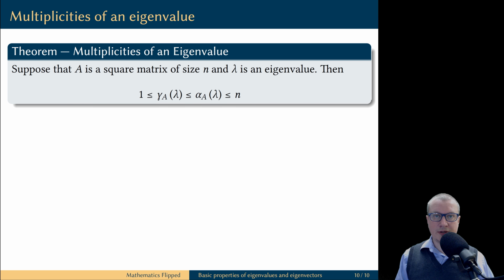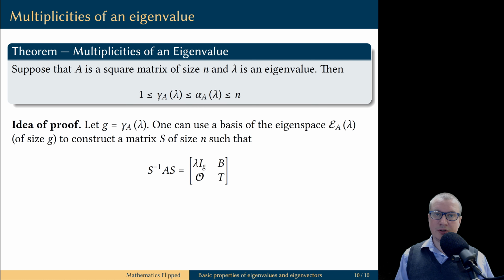In one of the previous videos, we worked out an example where algebraic multiplicity of each eigenvalue was equal to its geometric multiplicity. But in general, they are not necessarily the same. However, the geometric multiplicity never exceeds the algebraic multiplicity. The complete rigorous proof of this fact takes a little bit of work, so let me outline the basic idea why it works. Let's denote the geometric multiplicity of the eigenvalue lambda by g. Then, the eigenspace of the matrix A corresponding to this eigenvalue lambda has dimension g, and therefore we can find a basis of this eigenspace of size g.